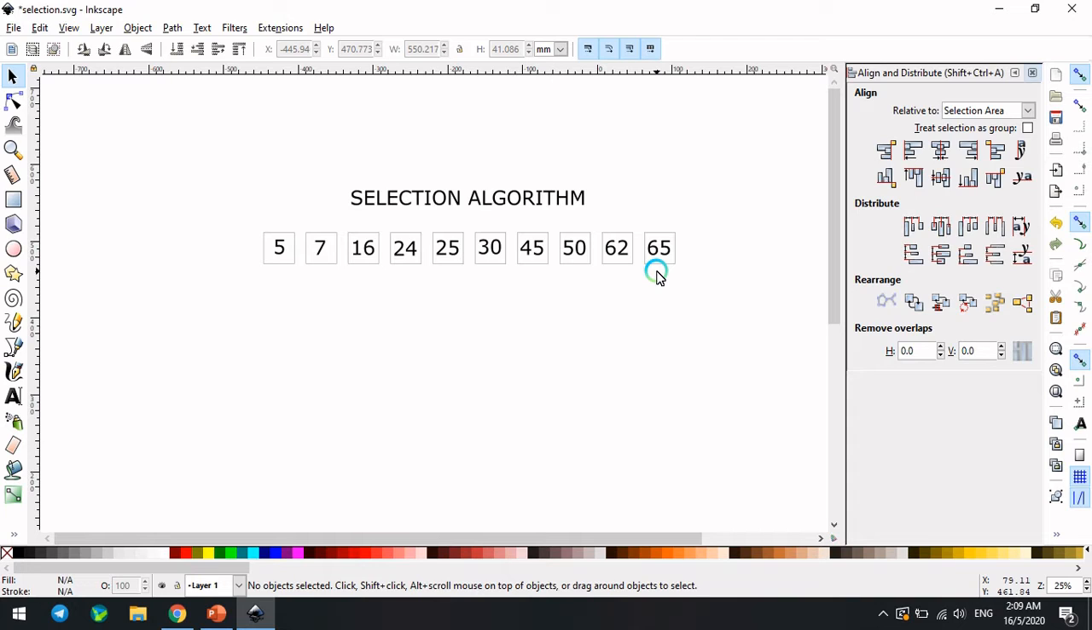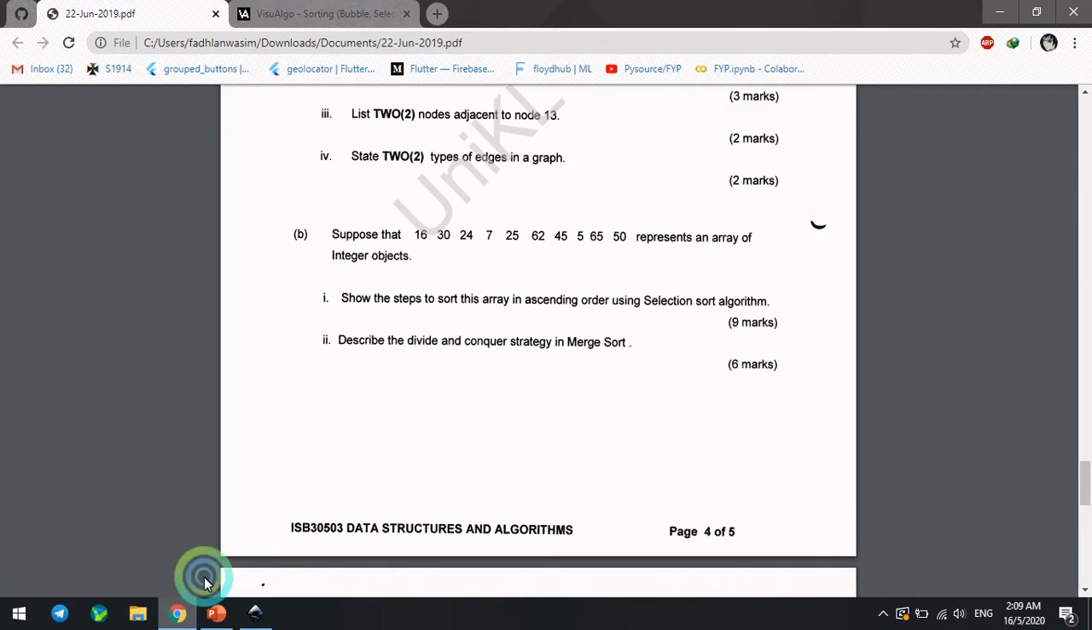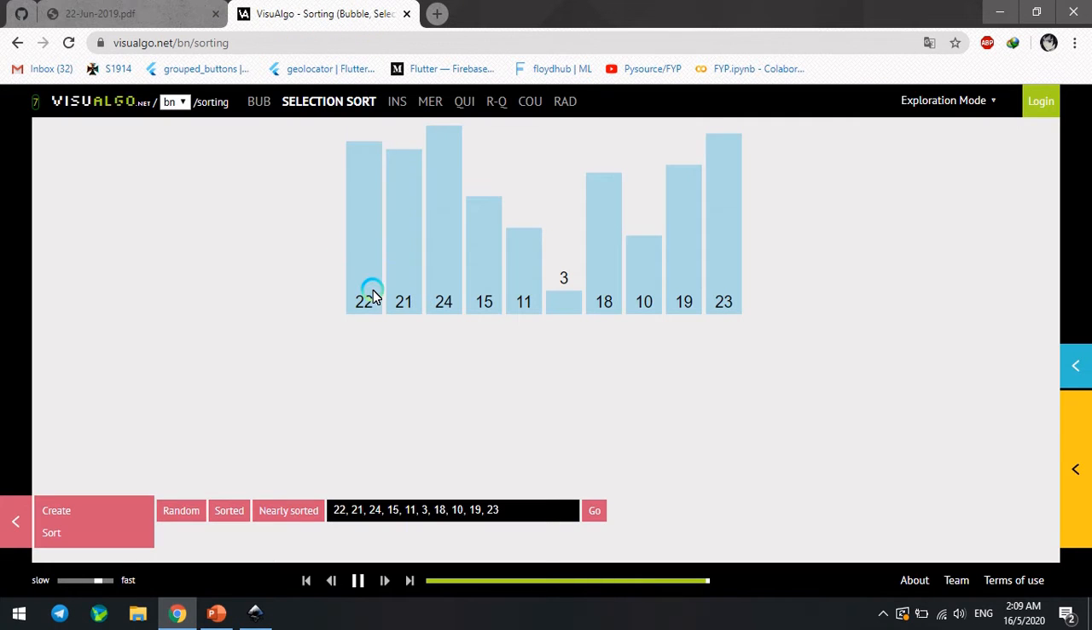So basically that's what selection algorithm is. And here I'm going to show you an example, a visual example. So here we have a list of elements, unsorted elements. We have 22, 21, 24 until 23. So what we're going to do is we're going to run selection sort,